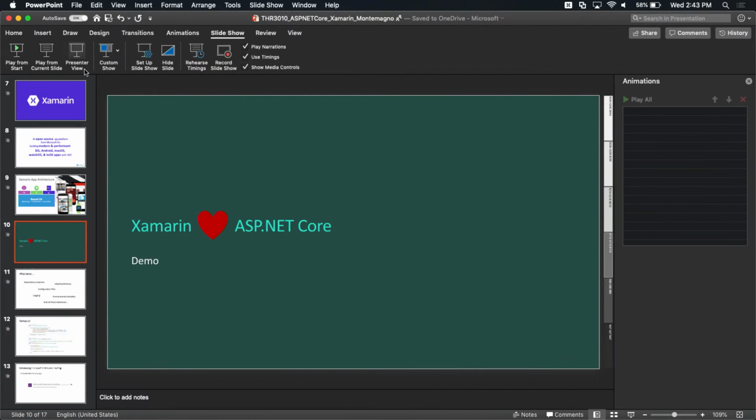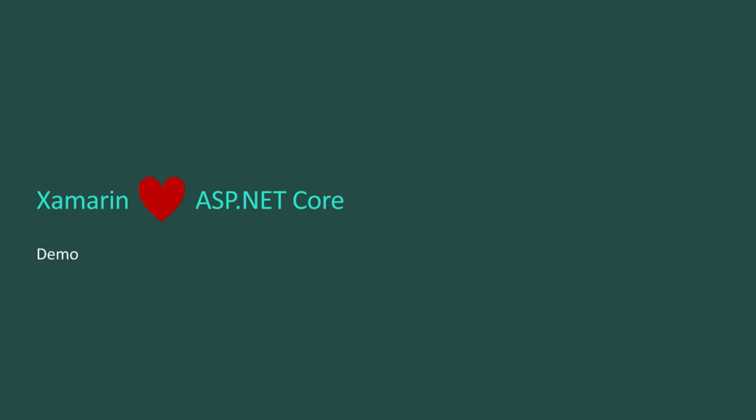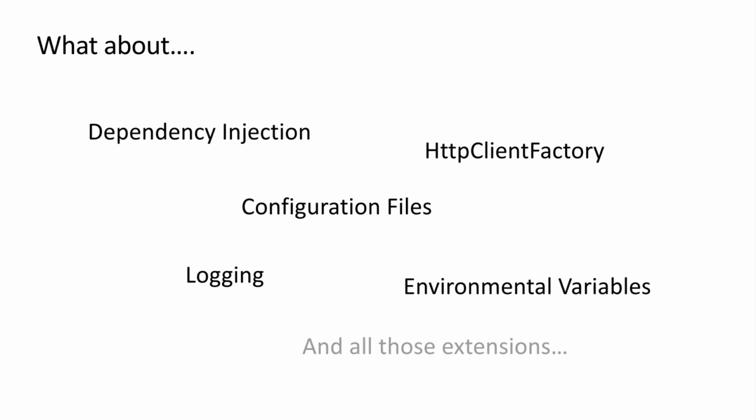So Glenn, I don't know anything about mobile, but I do know something about ASP.NET. I do know something about HTTP client. And I do know that newing one up every time you need to use one is usually not a good idea. Well, that's true, but I know that ASP.NET has a bunch of really cool things in it, like HTTP client factory, config files, environment variables, and logging. HTTP client factory specifically means that you don't have to make an HTTP client every time. How do I get that though?